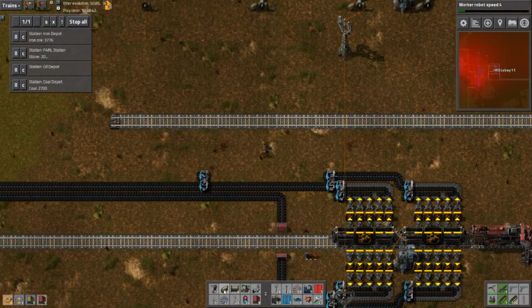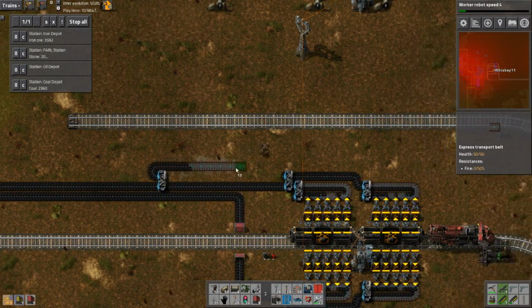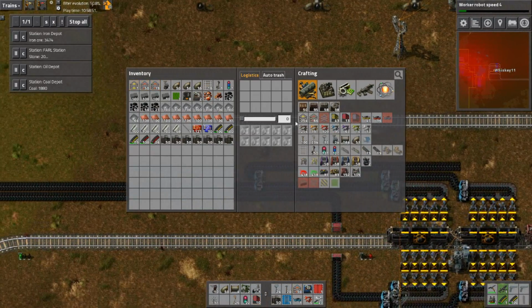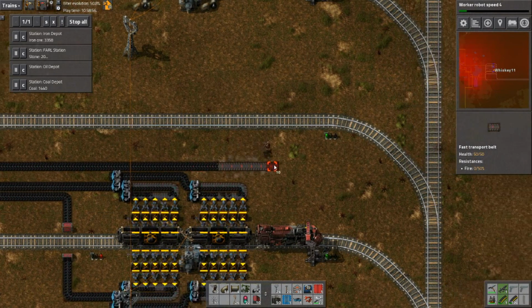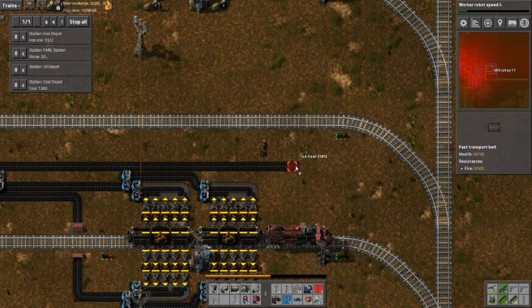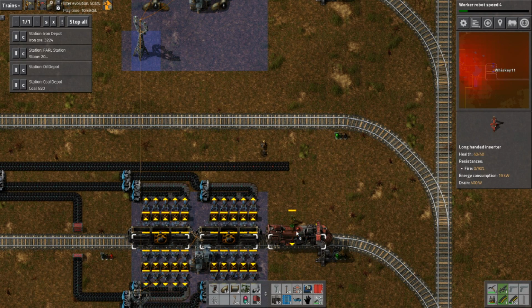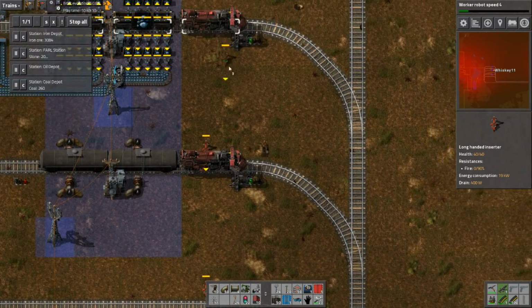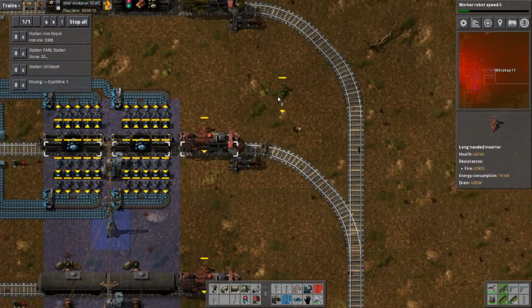And that way we can also run all this stuff back on itself. Make things a little bit better space-wise. Apparently I need belt. This is really an unimportant belt, so we're not too worried about keeping it completely stocked. We do want to put long-handled inserters in all of these train stations. The idea being that the long-handled inserters will be able to reach over...